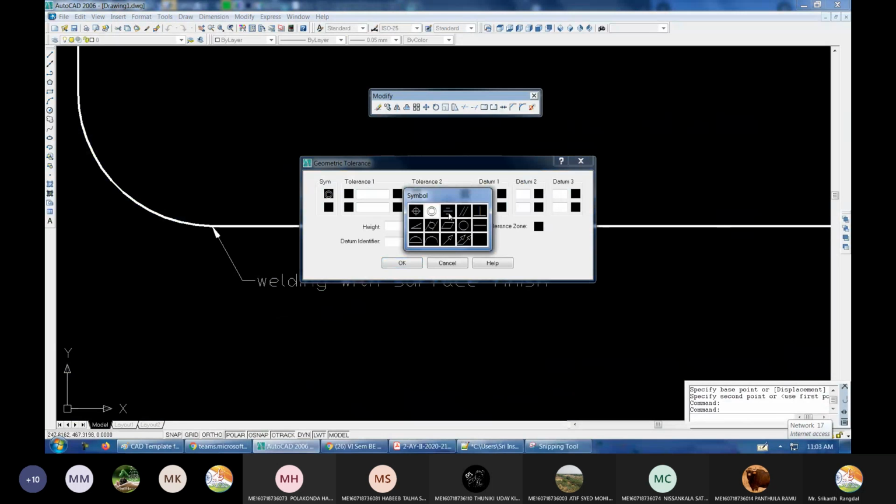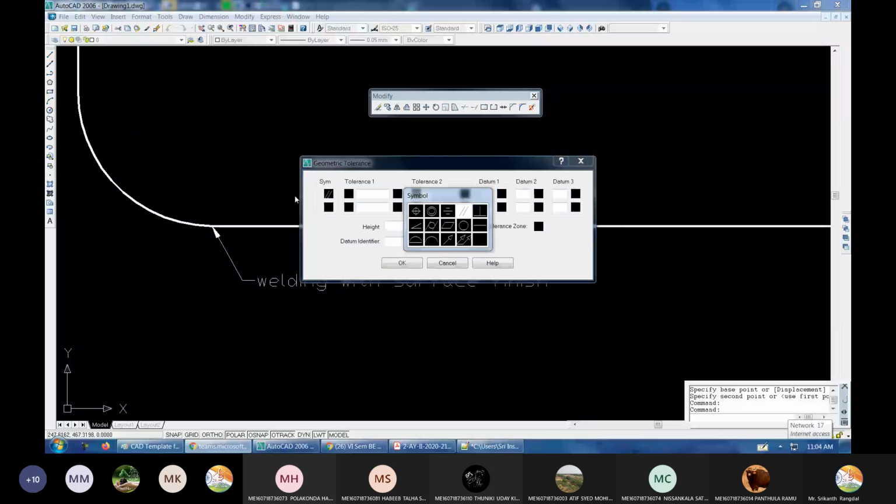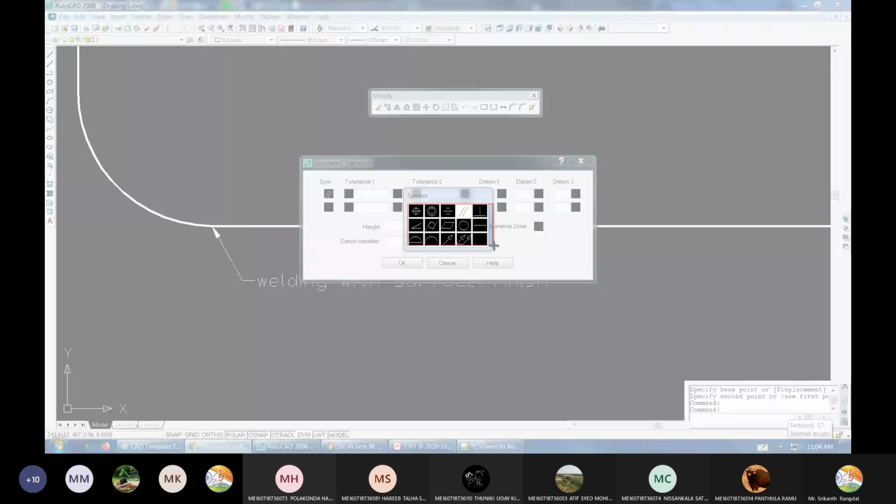Then this one is for parallel, no, not for parallel. This is for symmetry, symmetry of line. Then this is for parallel. This one is for perpendicular and all these things. So all these are the symbols. You should know all these geometric tolerances.